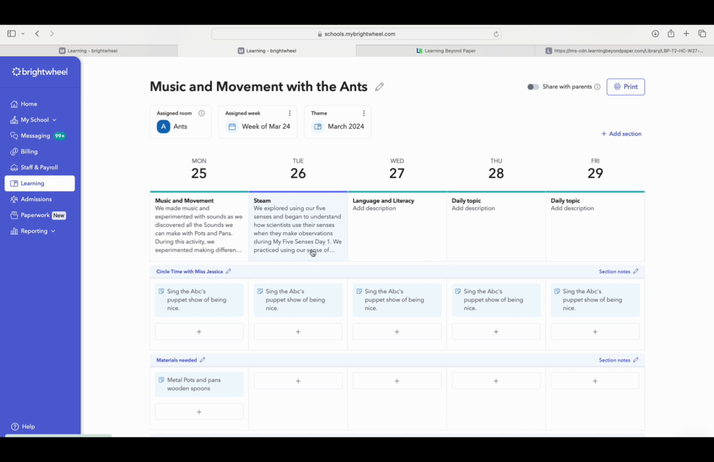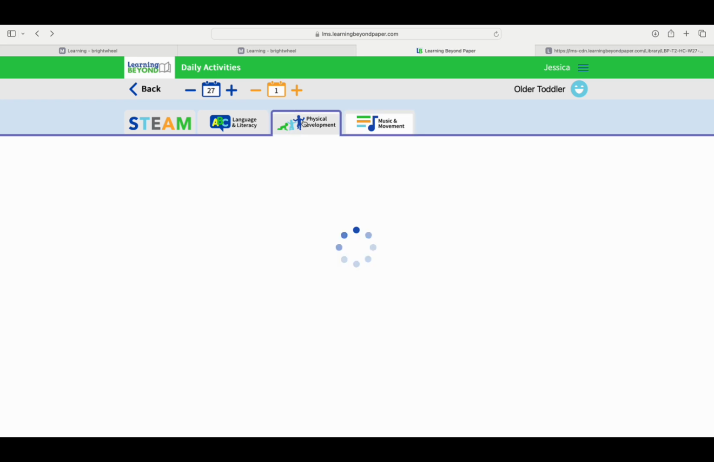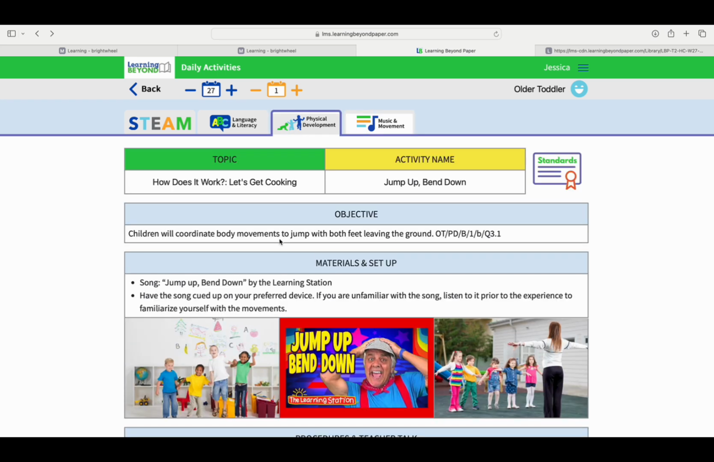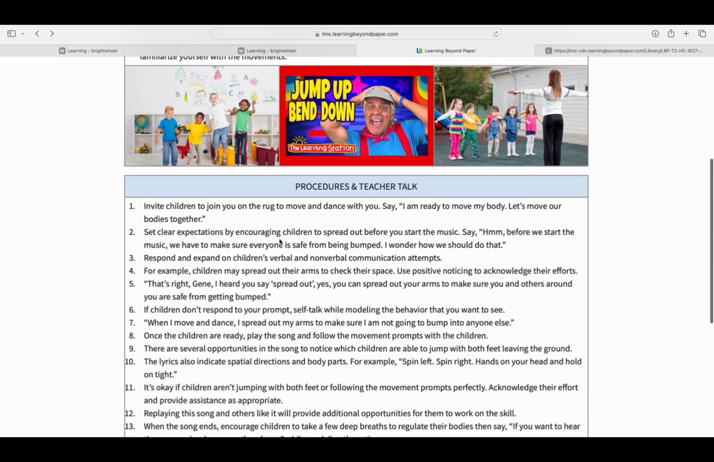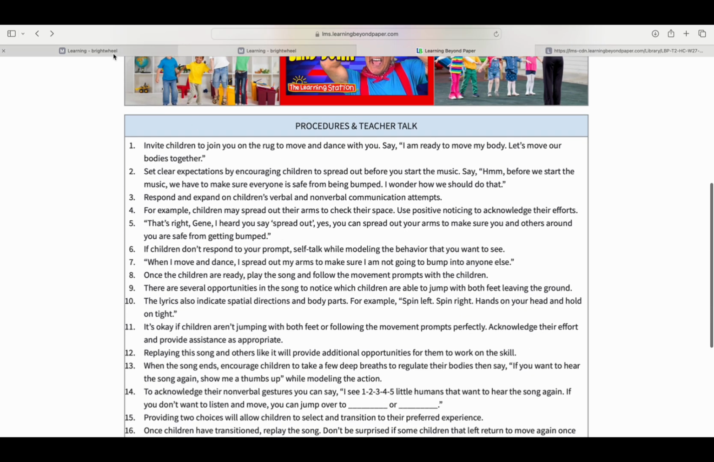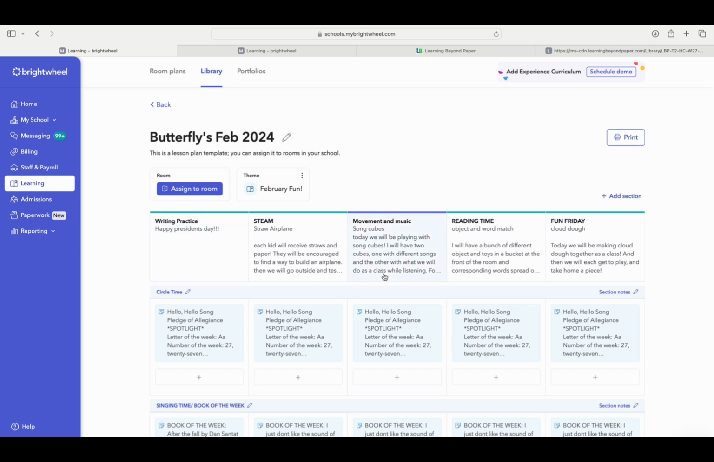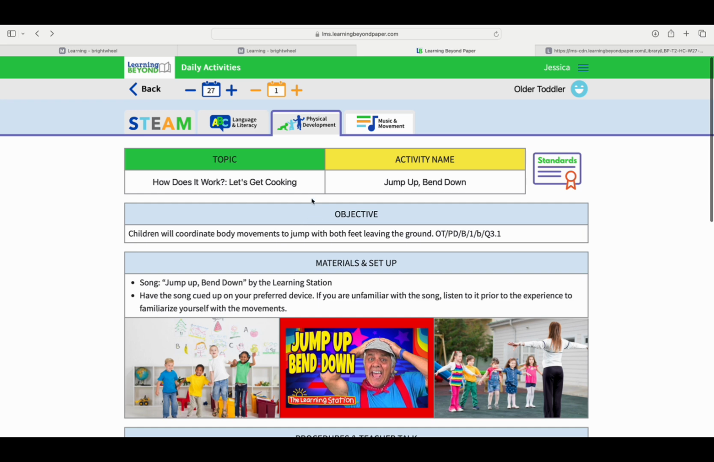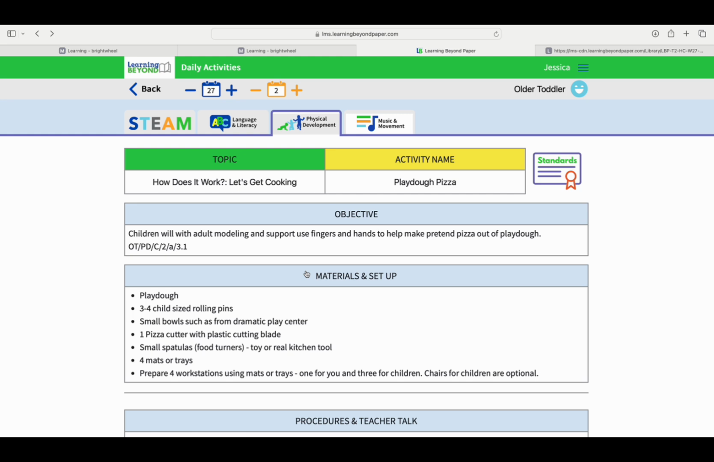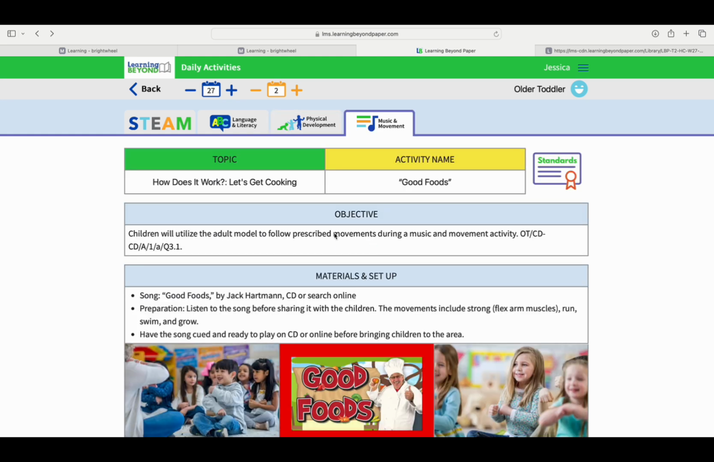You're going to want to review each one of these on the Learning Beyond paper so that you know what you're actually doing. So please make sure that you're looking through all of the information so you know exactly what materials you're going to need, how you're going to talk to the children. This is teaching you a lot, and it's such a great tool. So just a reminder that you can select between the different days,